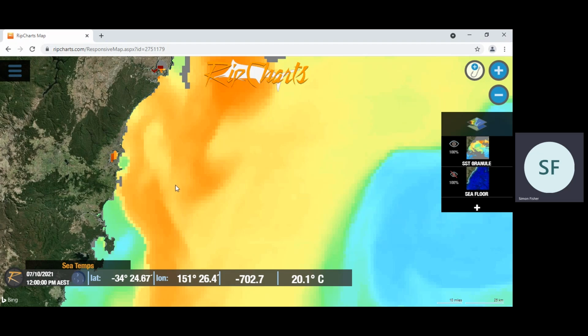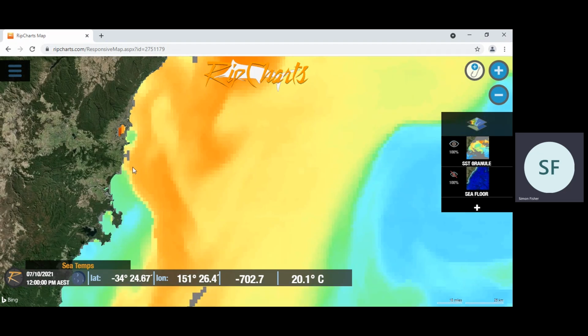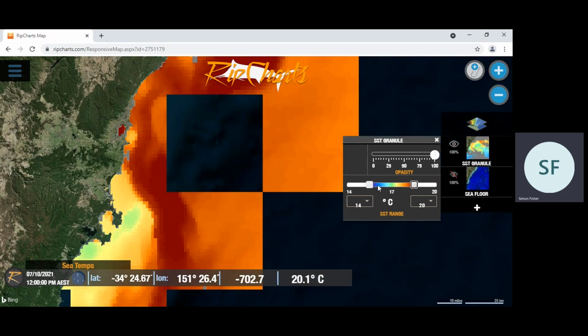So looking at this chart, you can tell that there's a couple of things going on. Number one, before even looking at the currents, you can tell you've got a big edge of warm water that's pushing down. We've got a bit of an eddy over here, which is forming. You've got this pocket of cold water here. The other thing I can see with this chart, and if I go over here and really exacerbate these temperatures,